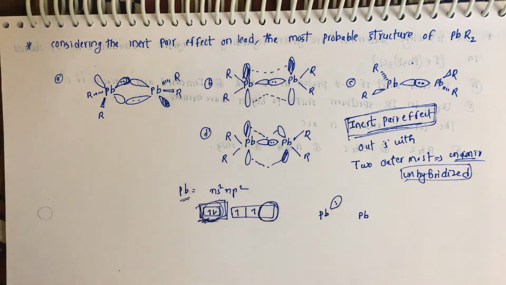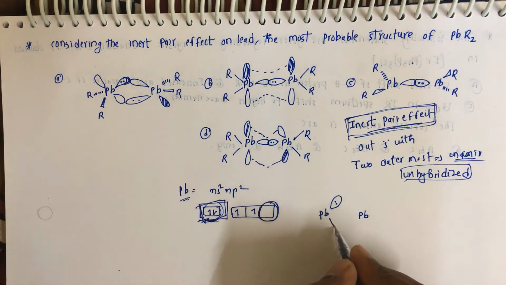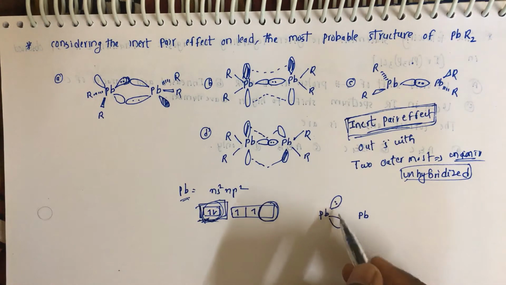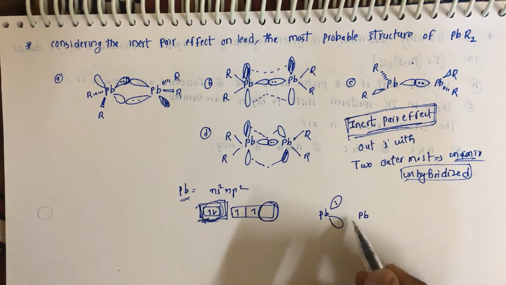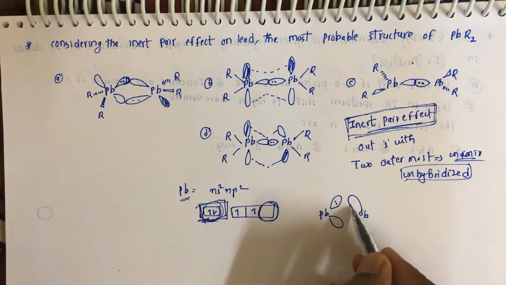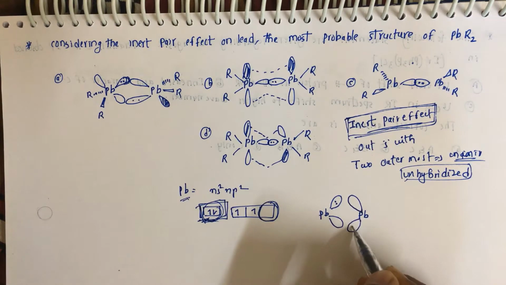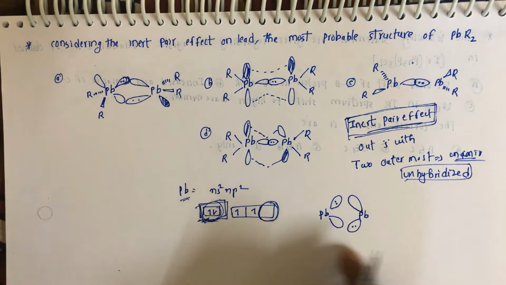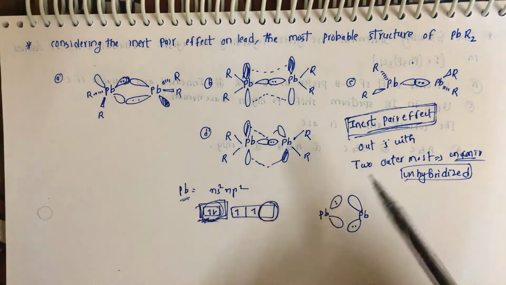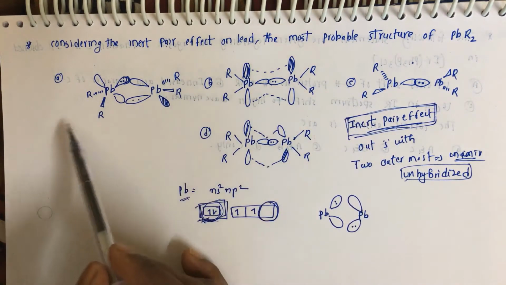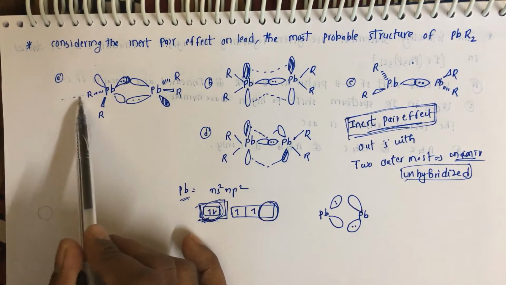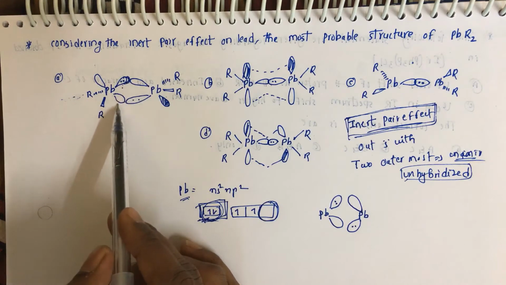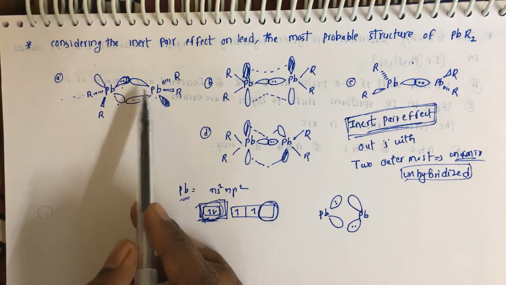one empty orbital. So for this lead we have one orbital with two electrons and one vacant orbital. For this one also, one vacant orbital and one orbital with two electrons. So we can see this in the given options. Here we have that option: one lead with an orbital with two electrons and an empty orbital, and another lead with an empty orbital and